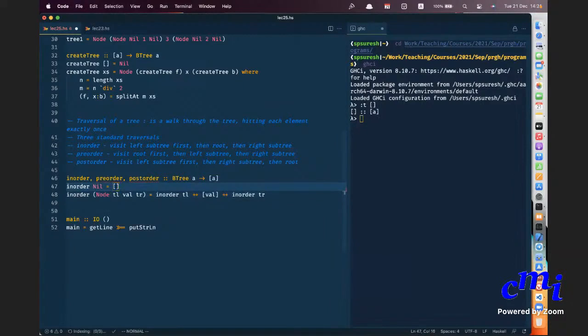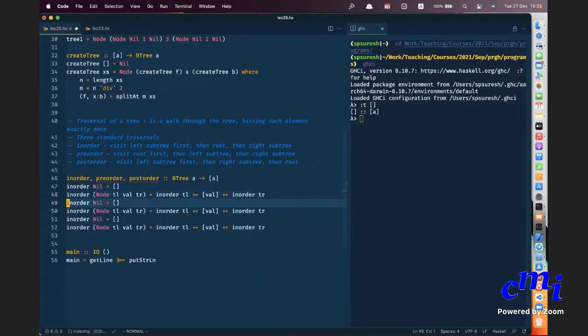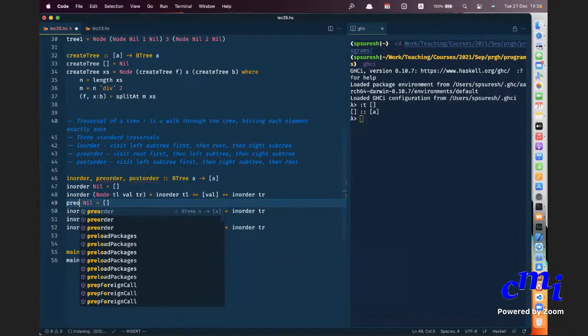So now pre-order and post-order as well. You just change the order.